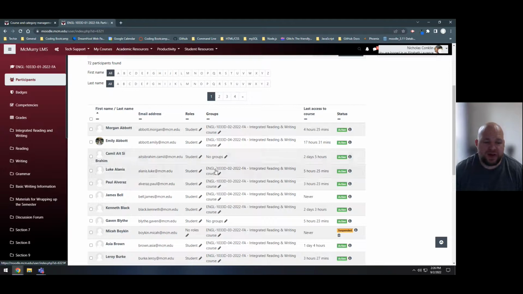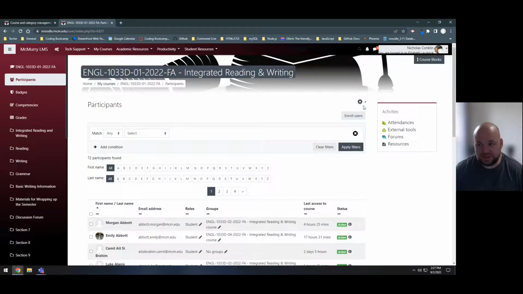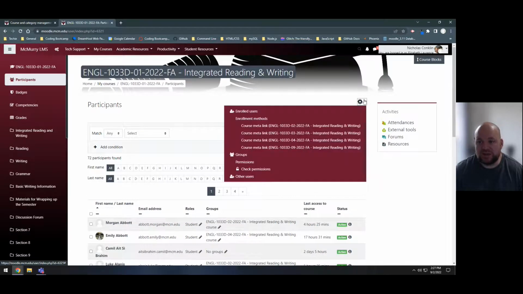What you'll notice is you have students who are not in any group. And those are the students who are enrolled in the base section. Typically it's section 1 or the lowest numbered section of the courses that you decided to combine. So what we're going to do is add these students to a group first. Let's click on this gear icon on the top right, and select groups,